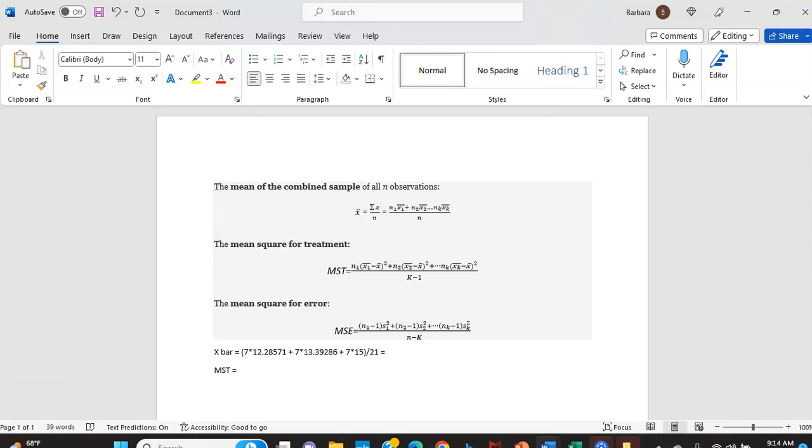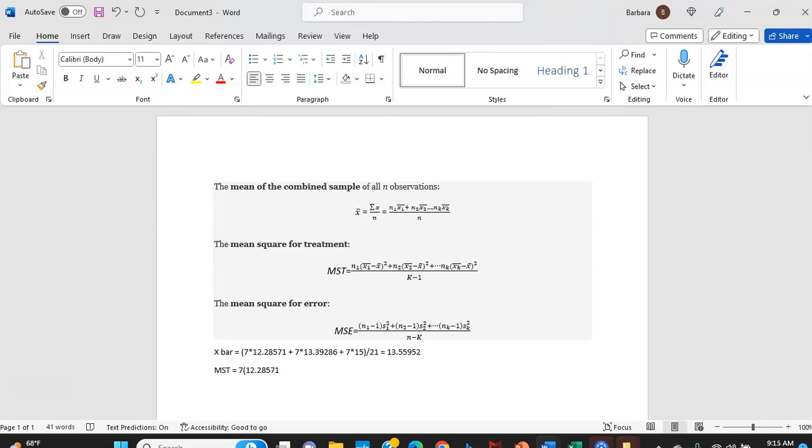MST, we want to take the first sample size, which was 7. And we are going to take the mean that we first had for the first sample size and subtract off this mean that we got from this computation right here. So I'm going to go ahead and get that answer. It is 13.55952. All right. And now, we're going to do our 7 times the mean that we got for the very first sample